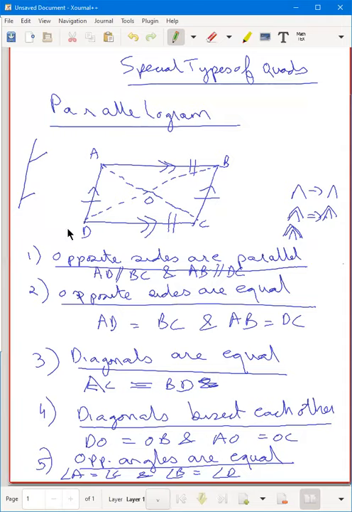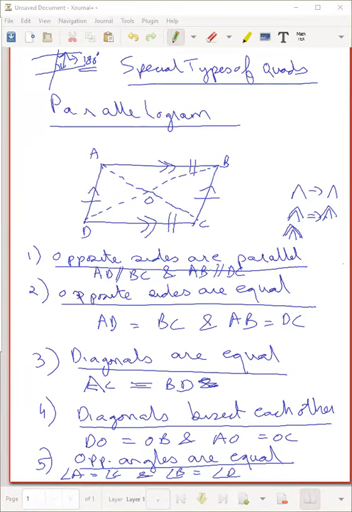No, that's not the correct answer. Co-interior angles on the same side of the transversal are supplementary, or interior angles on the same side of a transversal are supplementary. Remember, we have two parallel lines and a transversal which cuts through them. So this angle and this angle together are the co-interior angles, and they are supplementary. That means they add up to 180 degrees. So that's the property which is used. Okay, please copy this down.